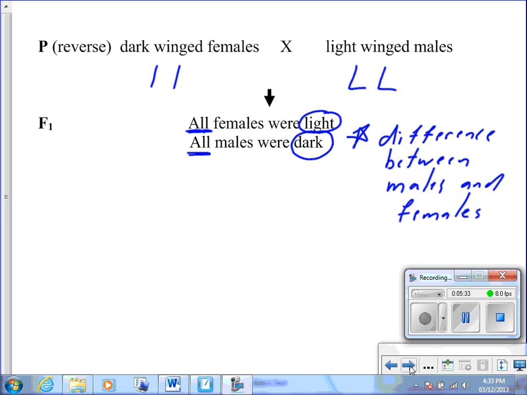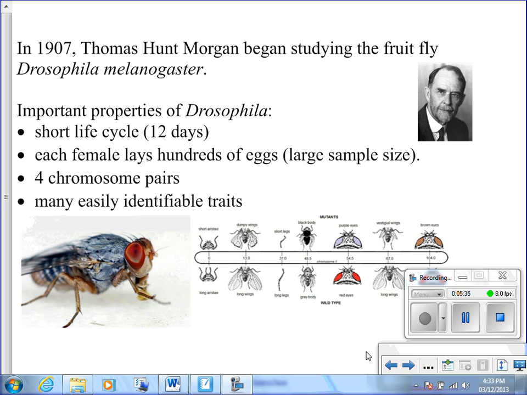Now we'll come back to this shortly, but let's jump ahead and take a look at some of the work of another fairly famous biologist at the time, Thomas Hunt Morgan. He was taking a look at the most studied species in genetics, and that is the fruit fly Drosophila melanogaster. We can see a picture of the Drosophila melanogaster at the bottom here. This is a typical fruit fly that you would see in the wild, and for that reason it is called wild type, and it has certain characteristics, and we can see here that one of those characteristics is the red